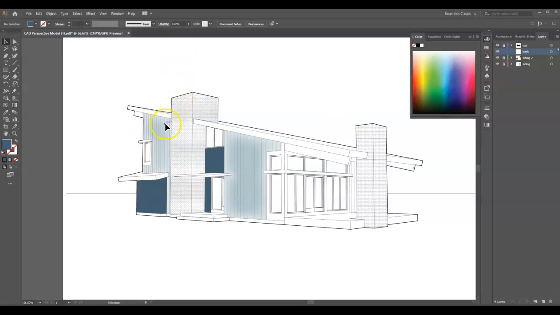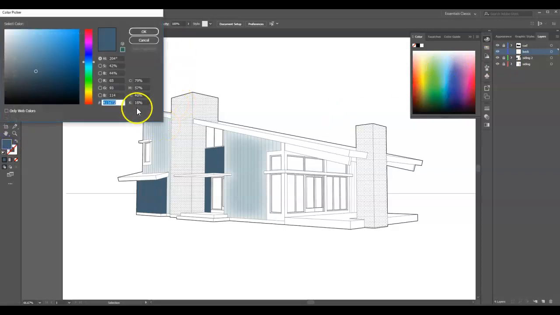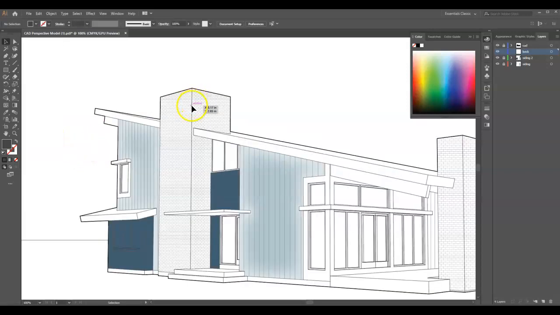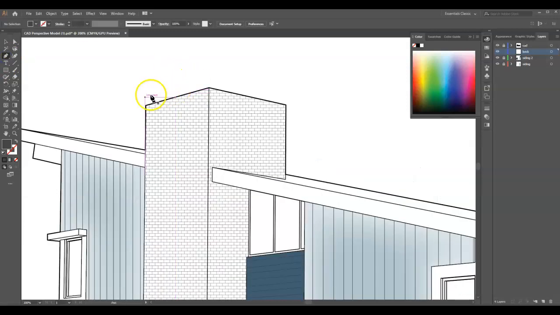And as noted, I like to use a dark gray for my brick, but you can use what you want. Again, if it's a stone, it might be any number of colors. I call it black brick, but really black brick is not perfectly black, so I'm going to select just a dark gray. And I could go to Photoshop and grab something, but I think I have enough settings for this here. So I'm just going to zoom in. I'm going to use my pen tool again and just start,